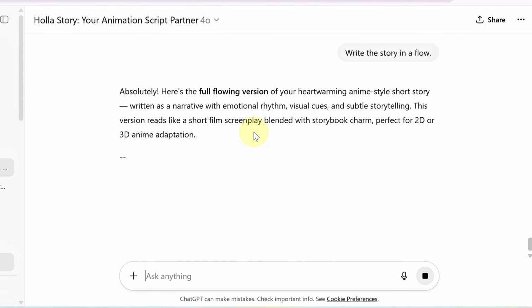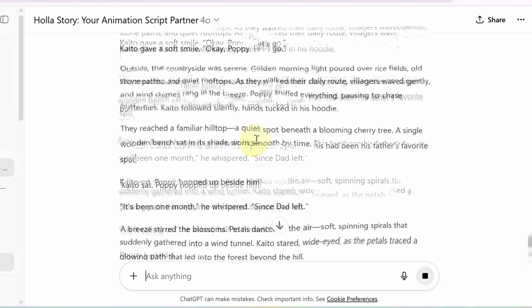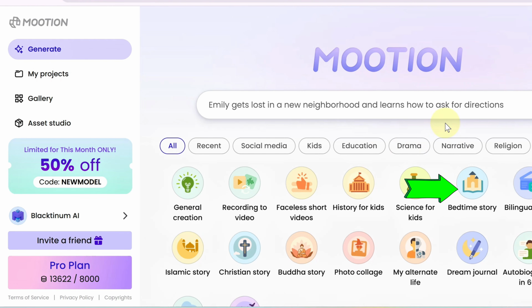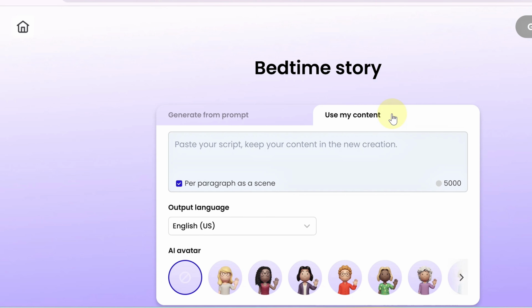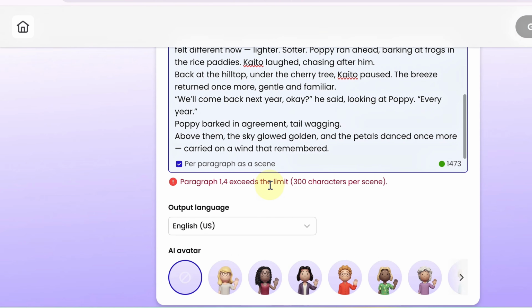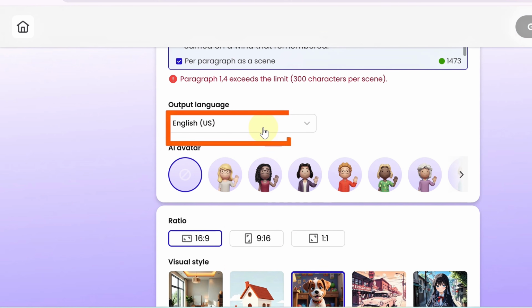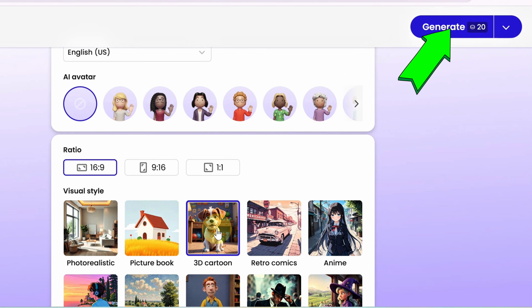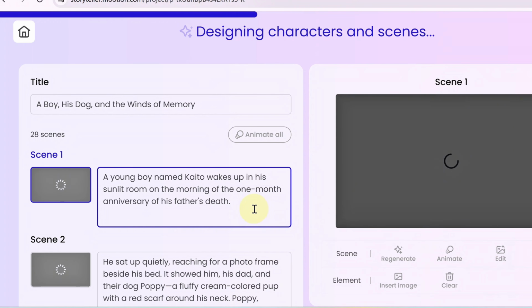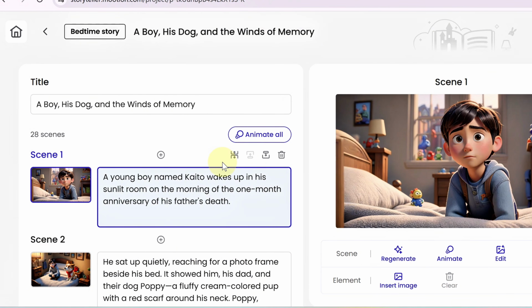with ChatGPT. Once your script is ready, head back to Motion AI. Select bedtime story, but this time choose the Use My Content option. In the prompt box, paste the story you generated from ChatGPT. Just like before, adjust the settings, pick your preferred language, aspect ratio, and visual style. Then hit generate. Motion will take a few moments to process and create your complete story, broken down scene by